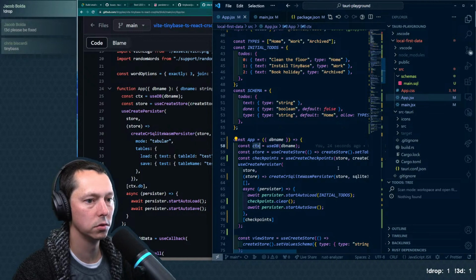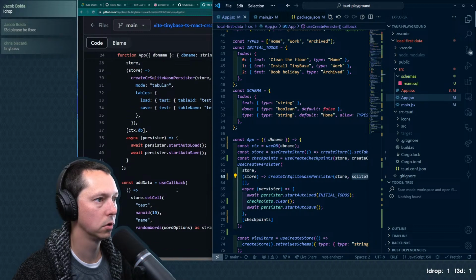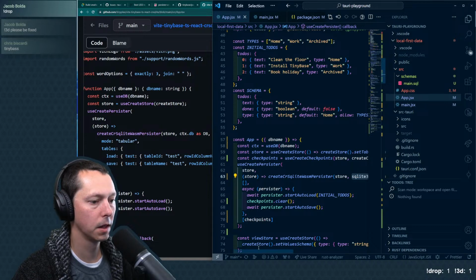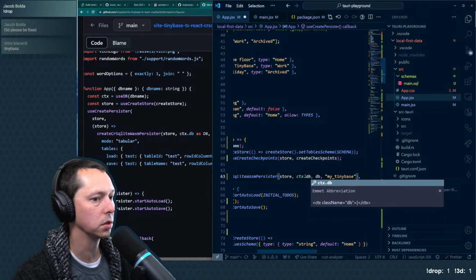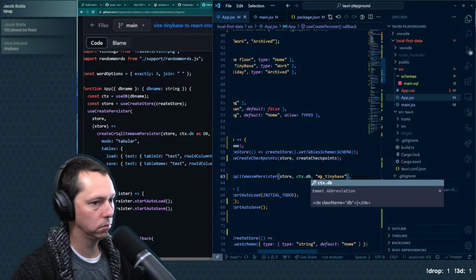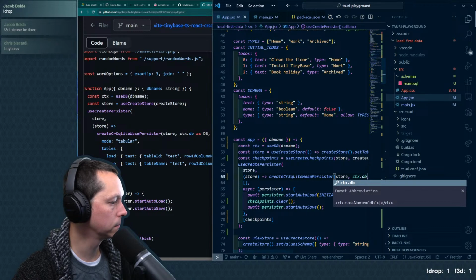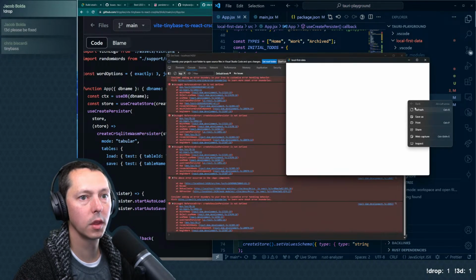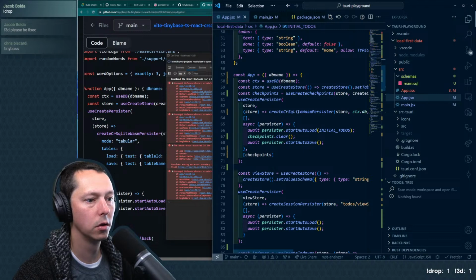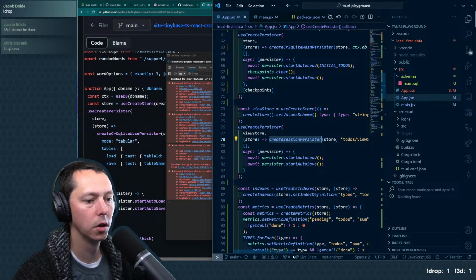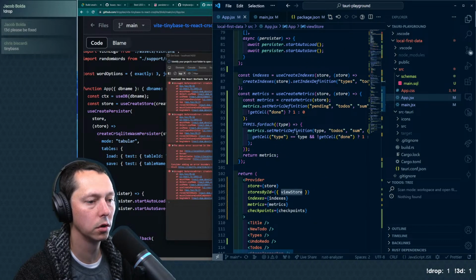let's see, context, use database. I need to do this. So SQLite 3 is not defined because I need to be using that. And there is no DB there. Refresh. Create session persister is not defined. And that is specifically for the view. So the view store